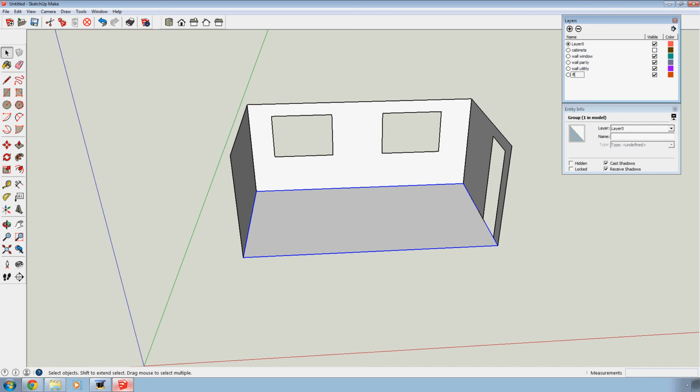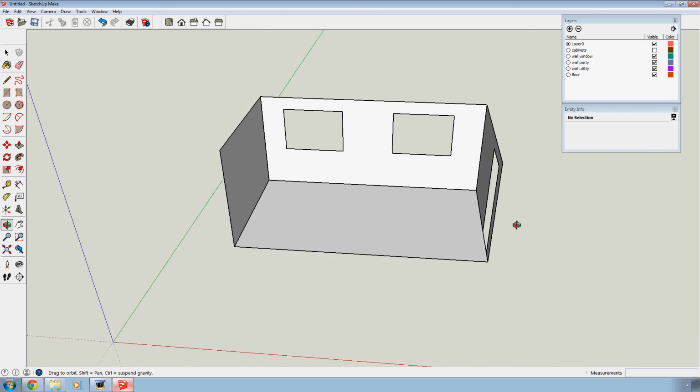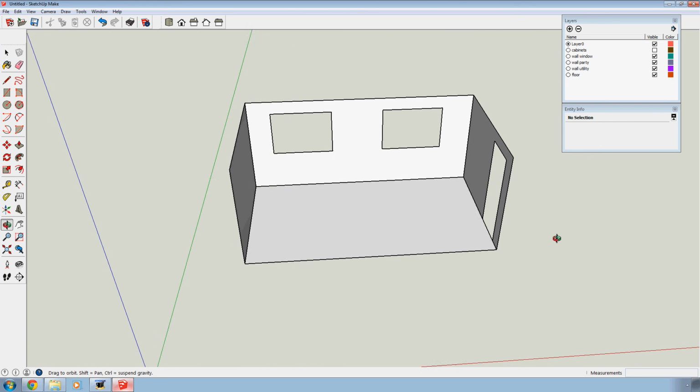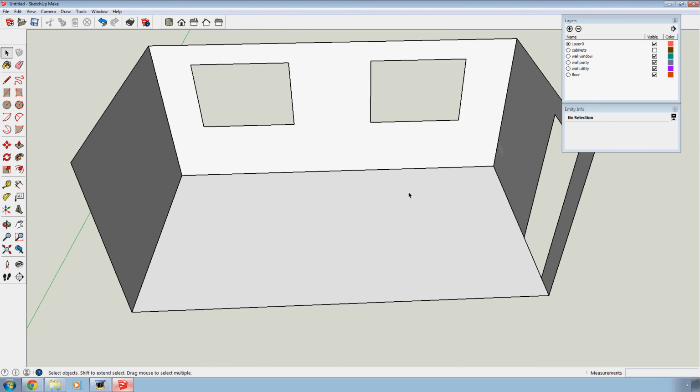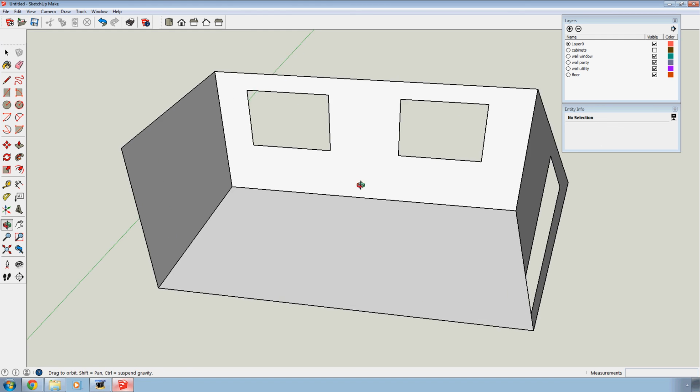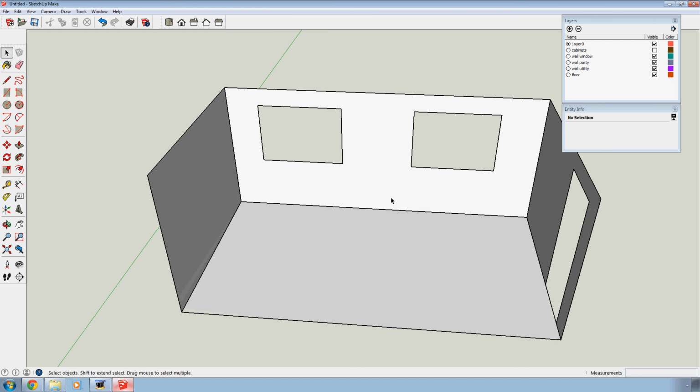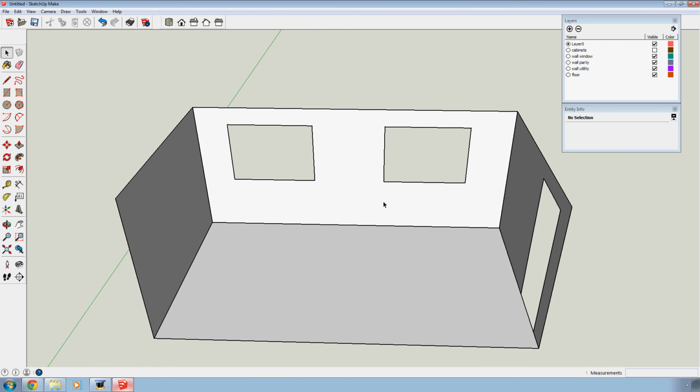So this is floor. Select it. Now we've got a floor. I don't think I'm going to bother with the ceiling. Now the next thing we need to do, let's